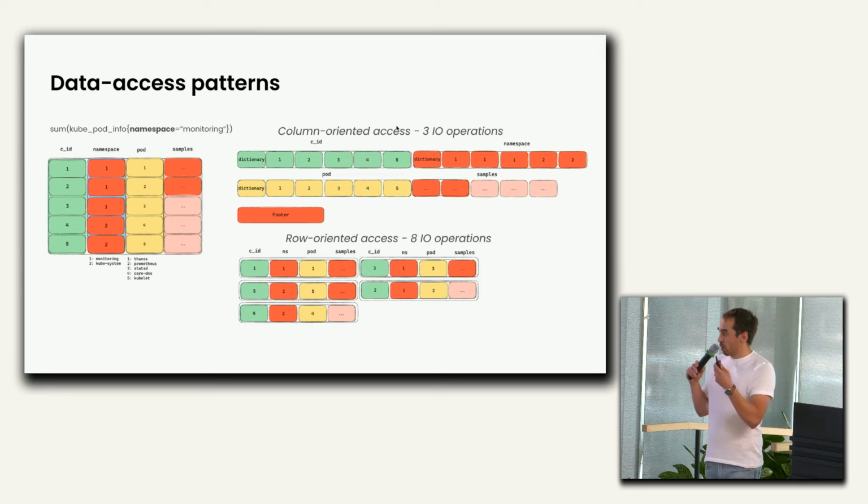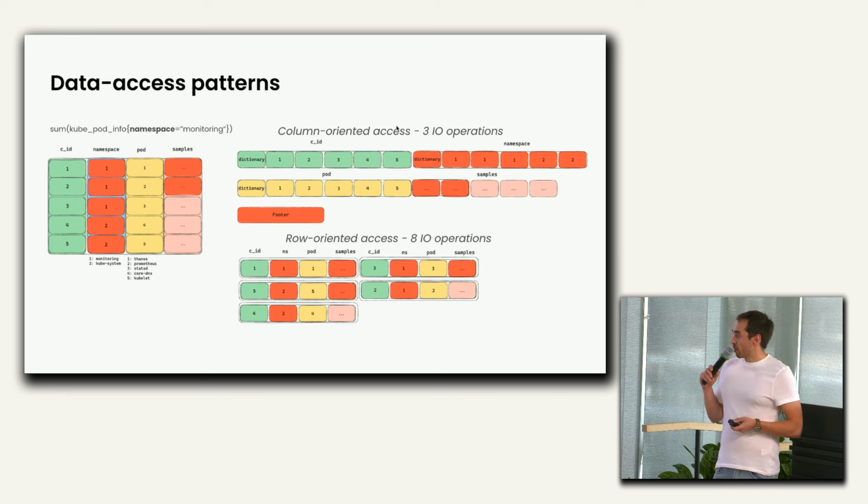If we compare this to a row-oriented approach, where we write out one series after another instead of one label after another, we end up with a lot of read operations, which is the challenge that we have with the Prometheus storage format. So knowing that we can read a lot of data with a low amount of I/O,